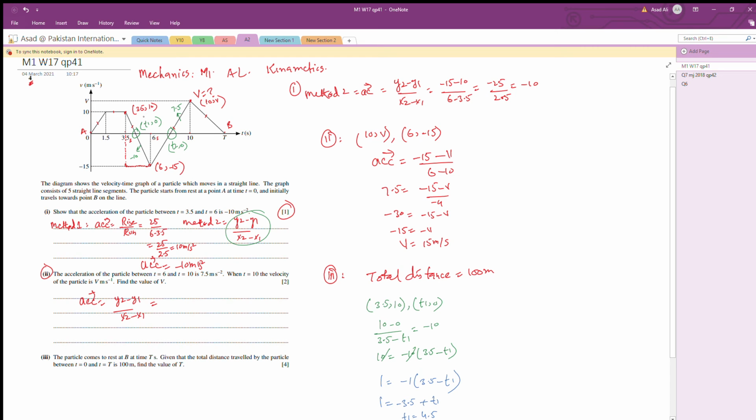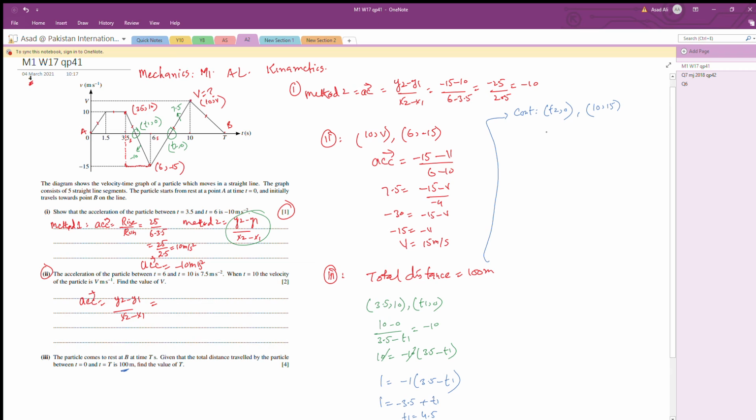Now what distance? They say the total distance traveled is 100 meters. Okay, now first I'm finding t2, then I will do the other things. How to find t2? Now this is continued. The second point is (t2, 0), and this point is (10